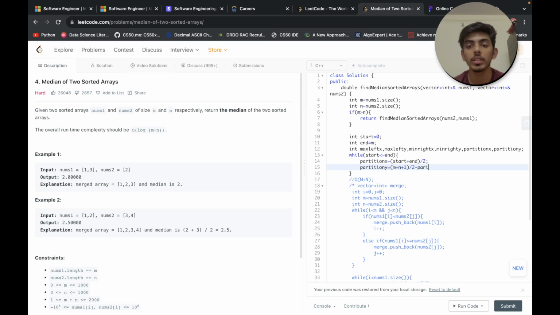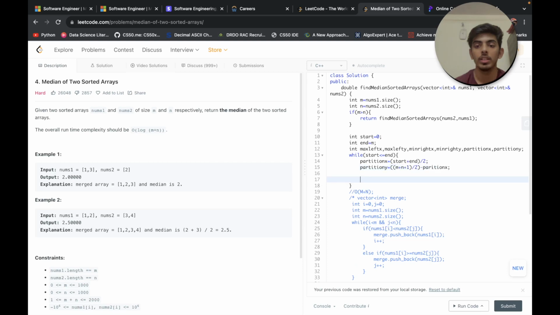How many elements must be present in the y, or you can say nums2 as well. After that, what we need to do is we'll simply check.